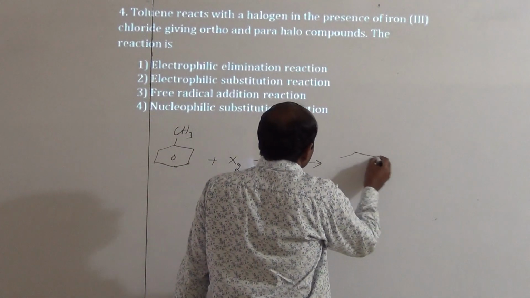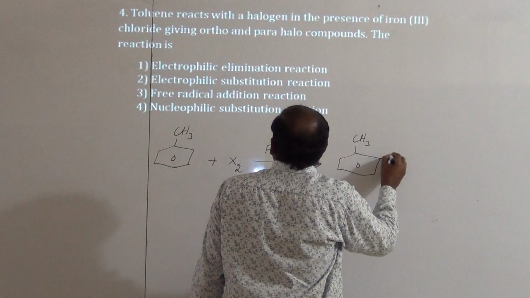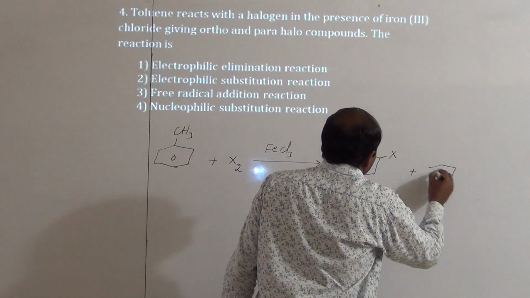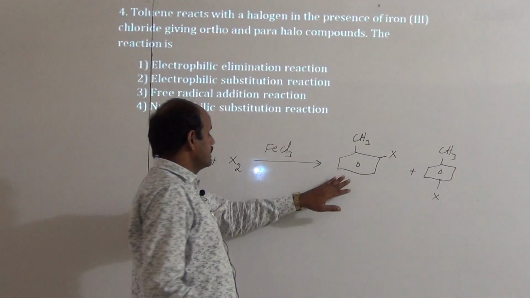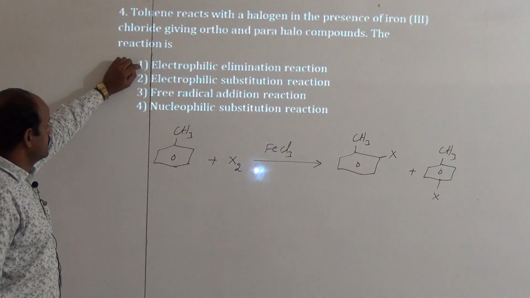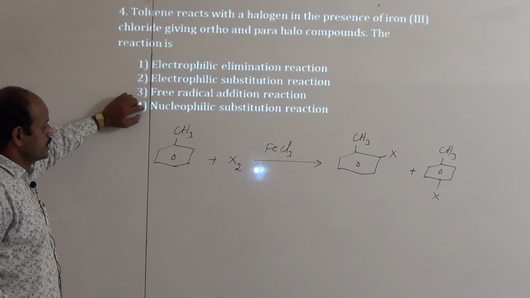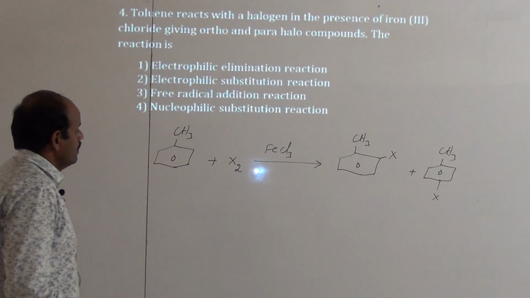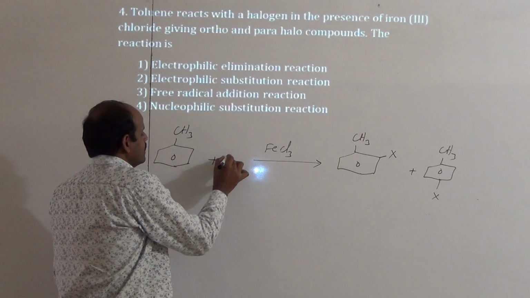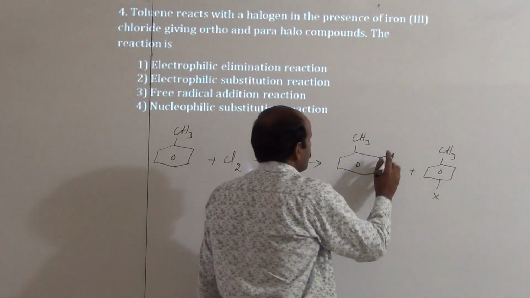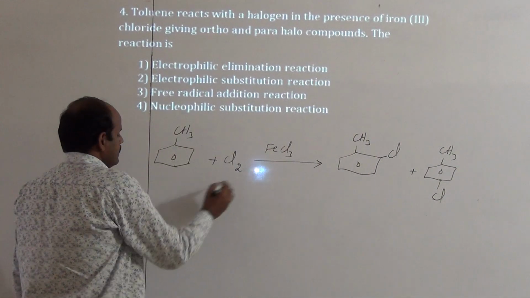Then it gives CH3X, ortho and para isomers are formed. Then this reaction is which type? Electrophilic elimination, or electrophilic substitution reaction, or free radical reaction, or nucleophilic substitution reaction. Here, instead of this halogen, you can take chlorine. Then we get orthochlorotoluene and parachlorotoluene. Then when this catalyst and chlorine combine with each other,